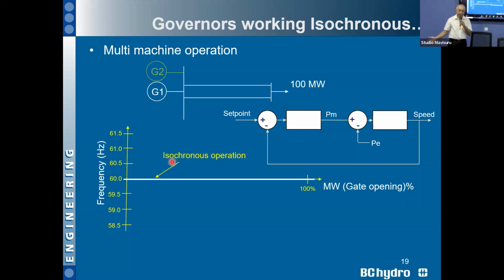But if that generating station doesn't have enough, like if that load grows beyond 100, now you need to bring in another unit, right? If you put that unit also into isochronous, you have two operating lines on top of each other. Although they are on top of each other, there's nothing identical in this world. There will be slight differences. So one set point might be 50.0000001,